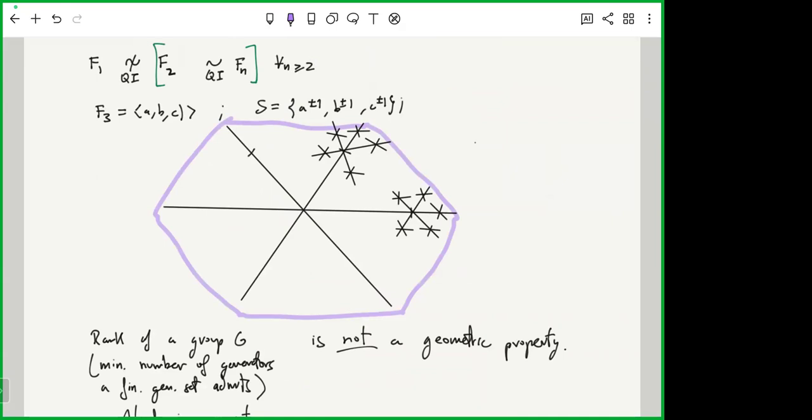It is not a proof that these two groups are quasi-isometric. You can have non-quasi-isometric groups with the same end space, but it's some intuition at least. So it gives you some intuition that they might be the same. Thank you, it's a very good question. Thanks.